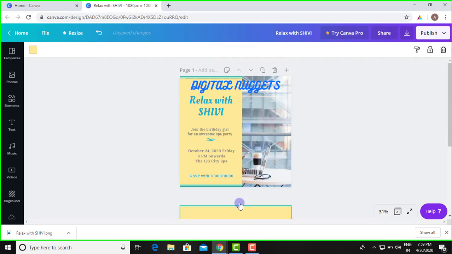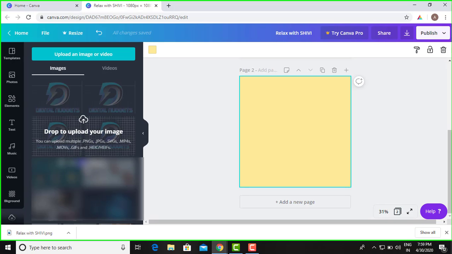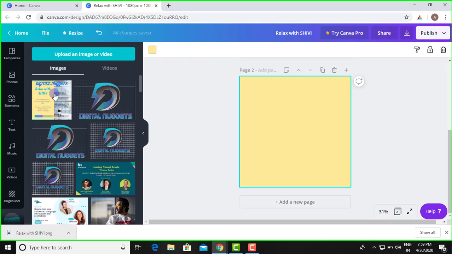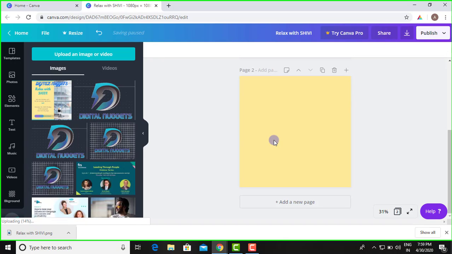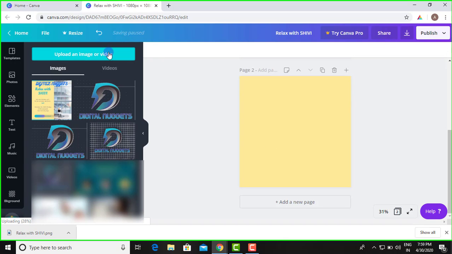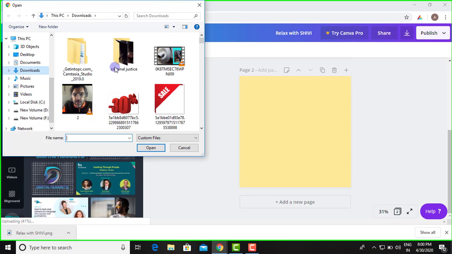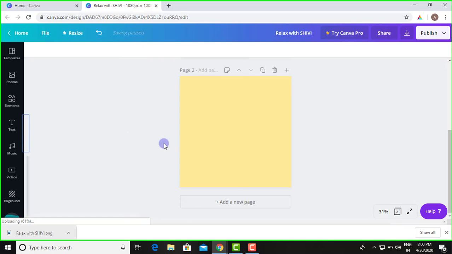Now we are going to see how to upload your image. You can simply click on your photo or video that you want to upload, click it and drag and drop it. So your upload has been started. Before the upload is completed, you can use your design. This is one of the best parts of Canva. Before upload, you can use the designs or photos or videos. You can embed them into your designs. If you don't want to drag and drop, you can simply click on upload image or video and you can upload them simply.